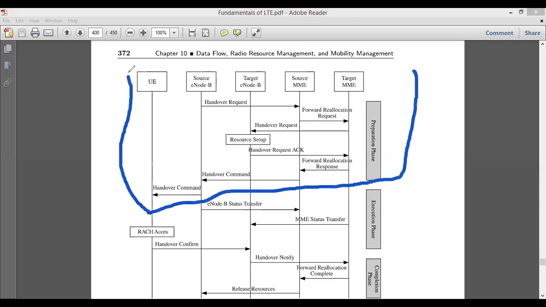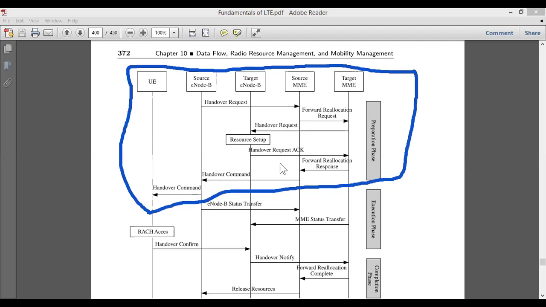You can see here, right from the starting, it will start from the user entity, because I want to use the user equipment. I cannot directly use the user equipment. To use it, first I need to request, I need to forward, and then that request will again be forwarded for the resource allocation.